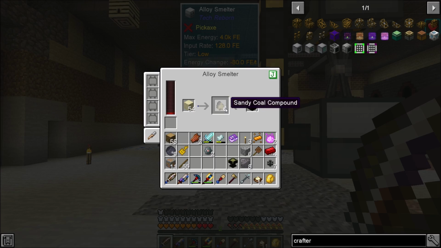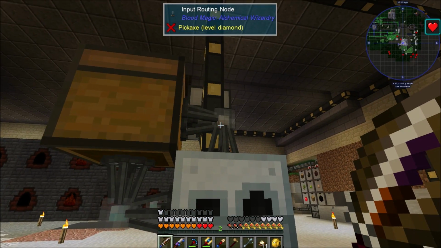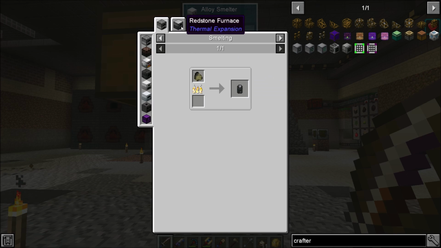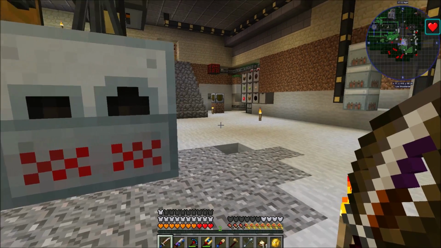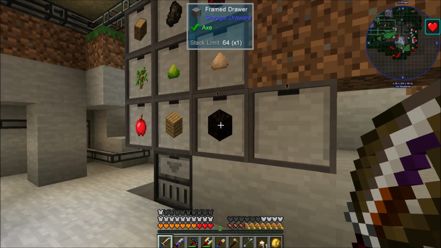But there we go. We have 6 sandy coal compound. This is still not pulling out the charcoal, which, let me think here. It would be this node here. It's really trying. But you can see it's making 6 sandy coal compound per craft. And then, of course, each one of these makes a silicon bull, which is wonderful. And then what I can do is I can take this. What I'm actually probably going to do is do like...